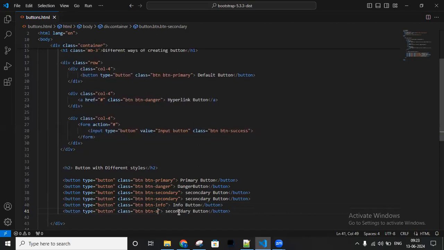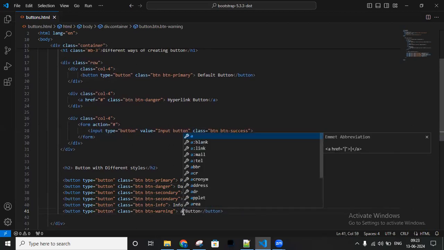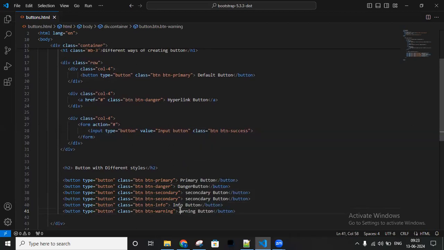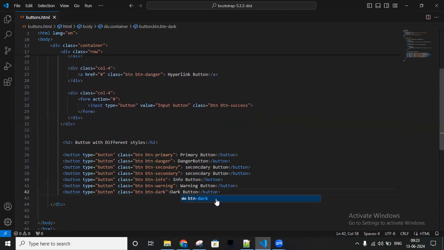Let me add warning. This is a warning button. Okay, along with that we have a dark button; let me add button dark, dark button. Okay, along with that we have button light, and we have button link